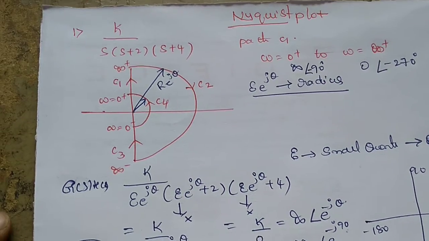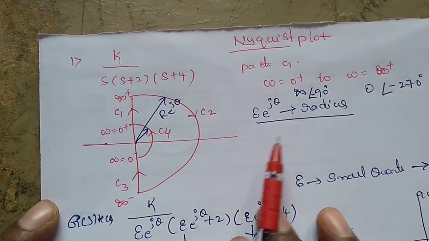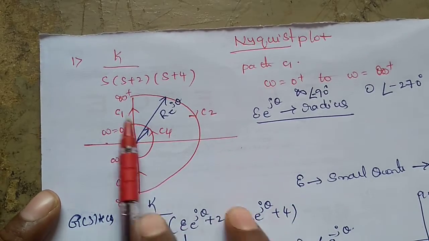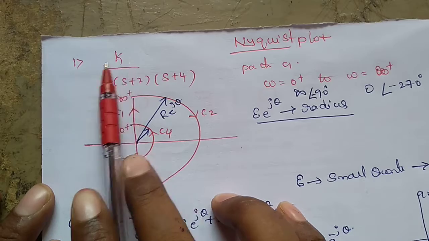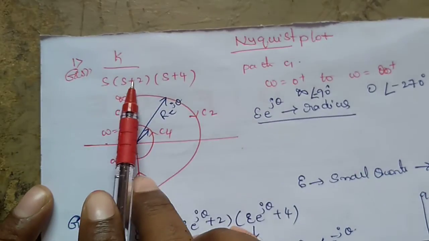Start with the new concept, that is Module 5, Nyquist criteria. The theory part you have to study by referring to the textbook. So start with the first problem: G(s)H(s) is equal to K divided by s(s+2)